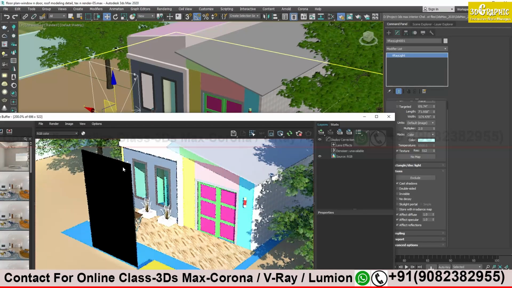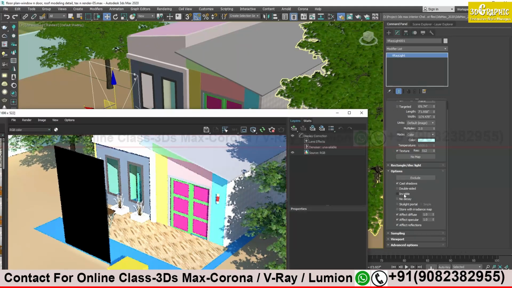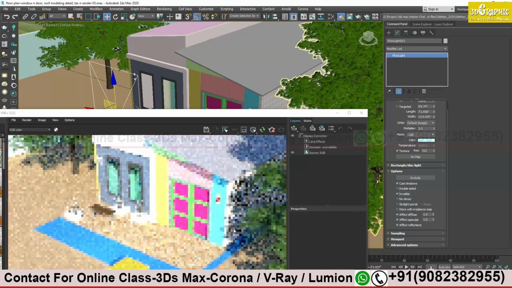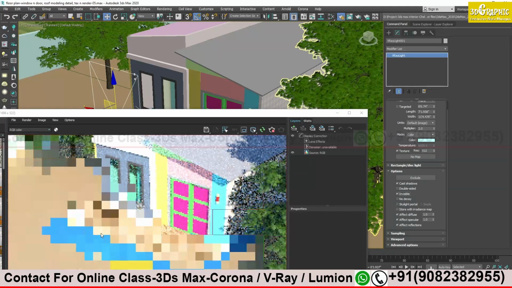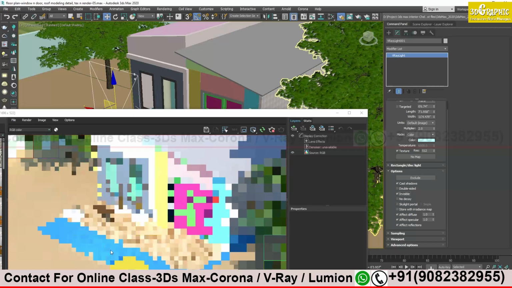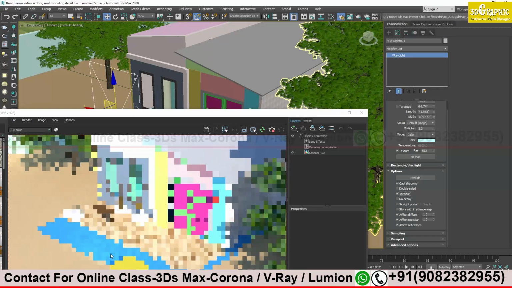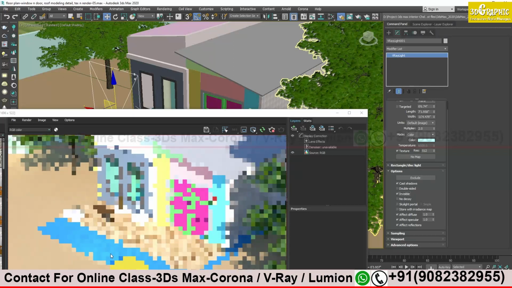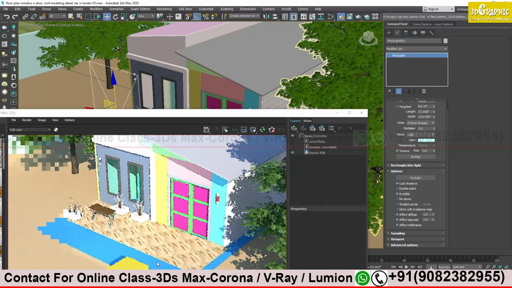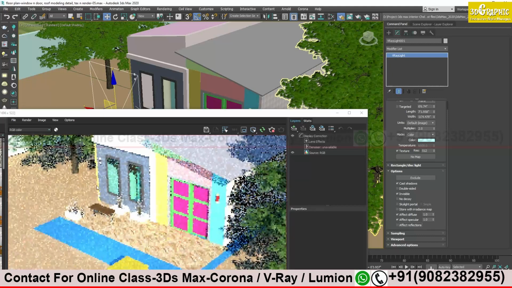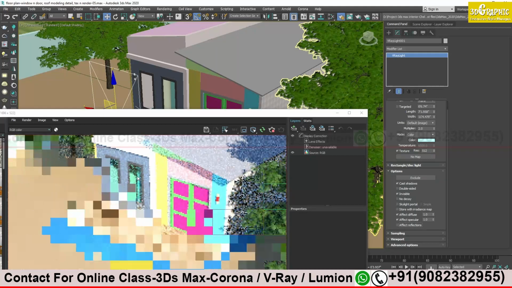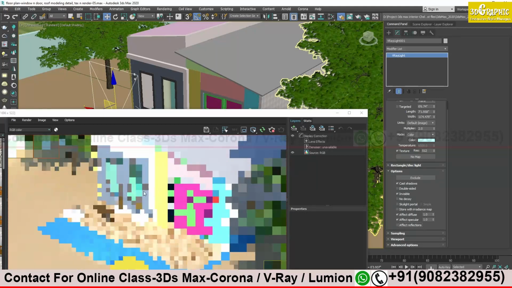If you want to hide the source of light, go to property and click on invisible. See, the source of light is now invisible. And one more thing you have to turn off is the effect reflection, so that the shape of my light will not be visible on the glass object or reflective object.